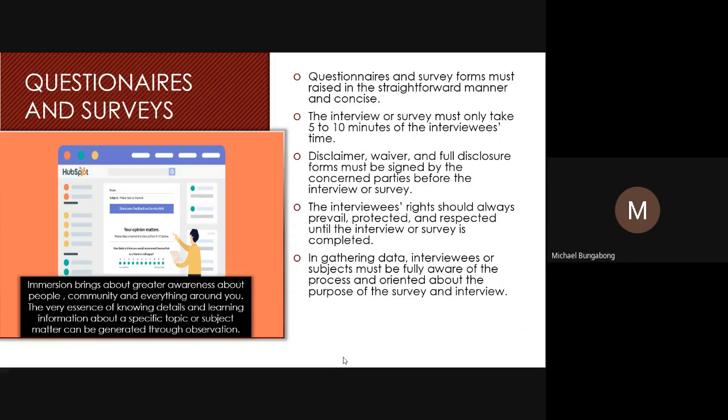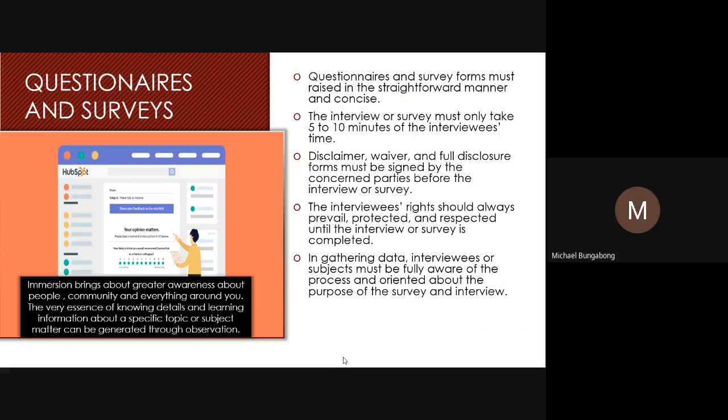Okay. So aside from that, class, disclaimer or waiver and full disclosure forms must be signed by the concerned parties before the interview or survey. Moreover, the interviewee's rights should always prevail, be protected and respected until the interview or survey is completed. Of course, you have to protect yourself as well as your interviewees, right? And whatever happens in there, like whatever answer